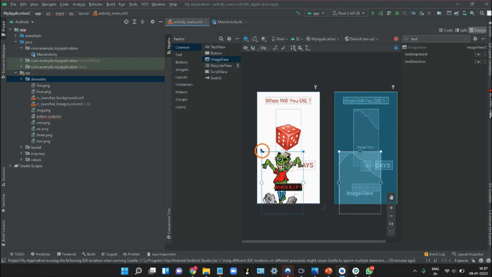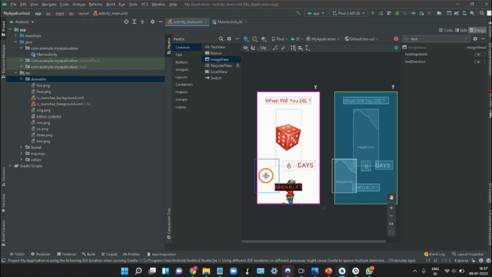Okay, so let's resize this zombie. And place it here. Okay, it's still bigger. Let's make it smaller. So this looks fine.